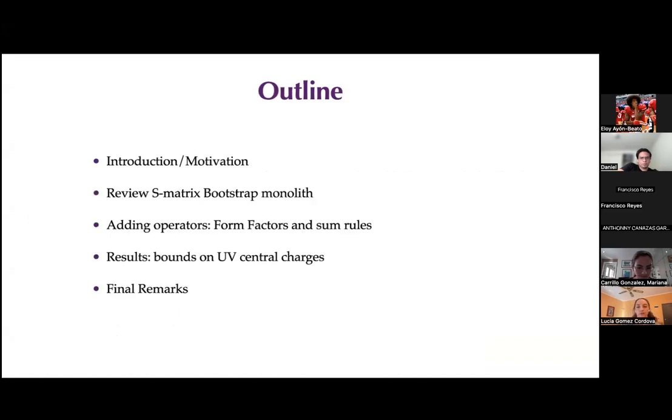Okay, so this is the outline. We saw the introduction already. Then I will review the S-matrix bootstrap. I will explain this object we call the monolith, what it is. And then I will introduce this mixed bootstrap setup in which one includes into the,